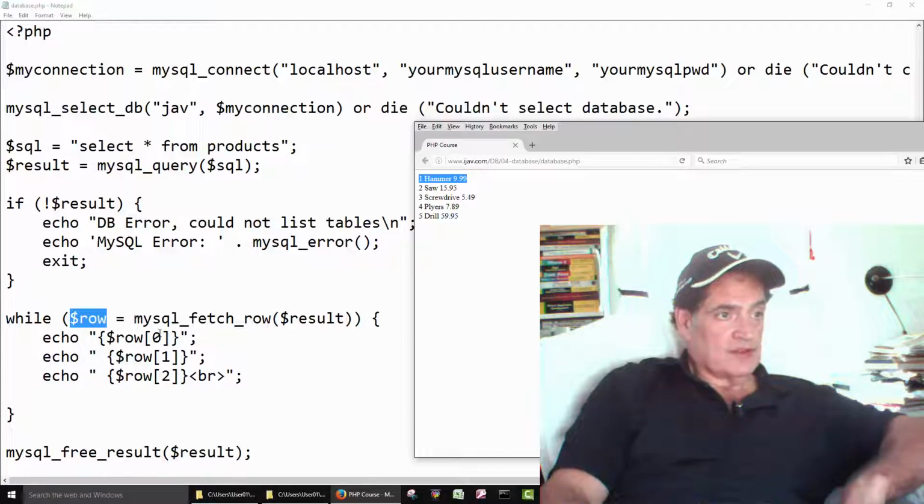Print out row for 0, the first item in the array. Prints out the 1. Print out row for 1, the second item in the array. Prints out hammer. Print out row for 2, that's the third item in the array. 1, 2, 3. Prints out the price, $9.99. Then we do a break, we get a new line, moves it down to the second line here. Then it comes back up